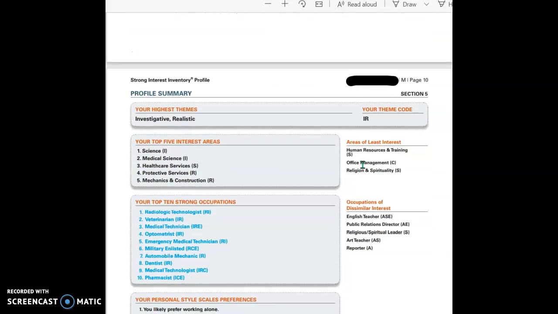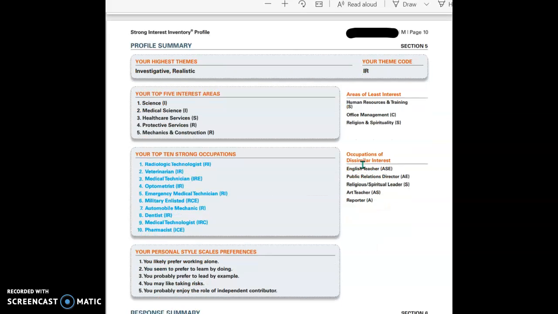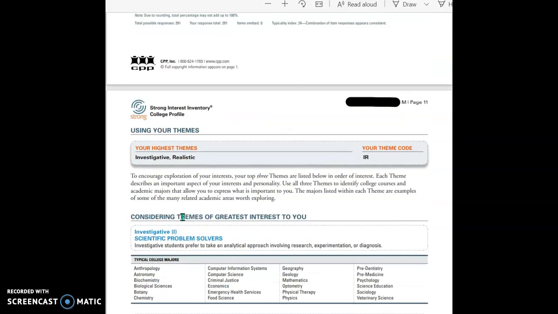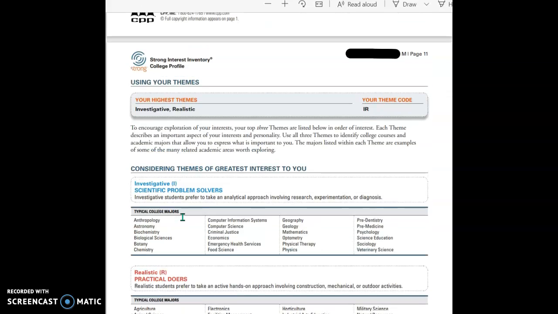Page 10 is a very good summary of everything in the report so far, with your highest themes, your top 5 interest areas and your dissimilar interest areas, your top 10 strong occupations, and your personal style scales. I really want to make sure that we get to the next couple of pages, because this is where it tells you how you can use the results of this